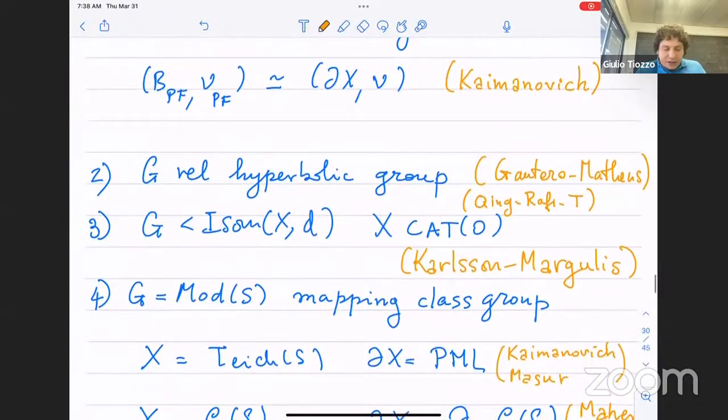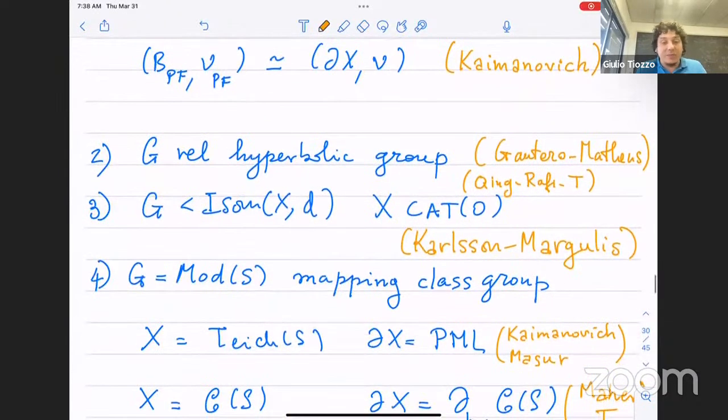And then what about other non-positively curved spaces, for instance, CAT(0) spaces? Well, for CAT(0) spaces, you have the visual boundary. And basically, under nice conditions, you will see that the natural boundary here would be the visual boundary. And by Karlsson and Margulis' work, basically you can prove this sublinear tracking property for actions on CAT(0) spaces, and then you could get the Poisson boundary as the visual boundary. Any questions so far? I'm going fast, assuming that you already heard at least about some of these groups. Of course, you cannot learn everything about these groups in one minute.